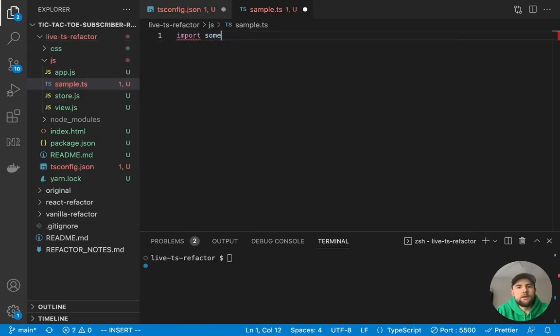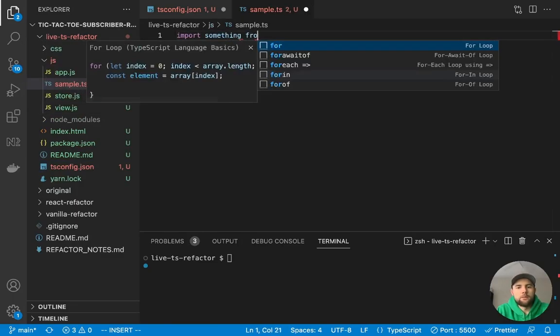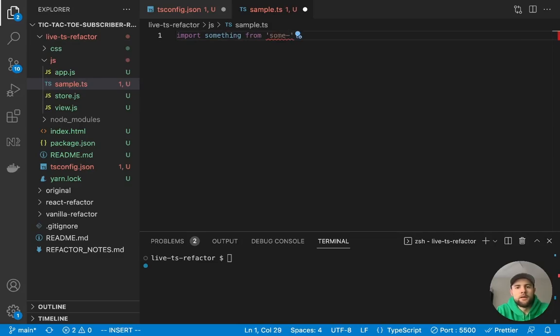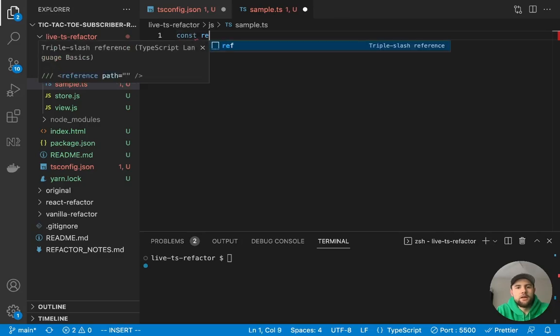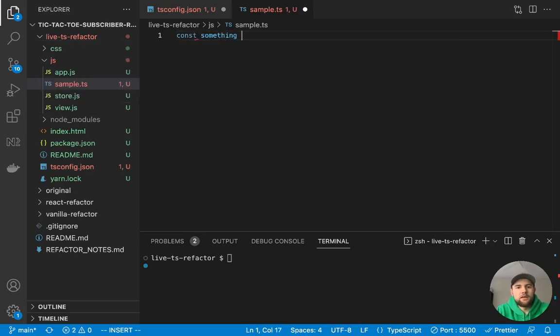If we look at this syntax, import something from some library, this is what we would consider ES6 module syntax. Now, if we did something like const something equals require some lib, this is going to be CommonJS syntax.